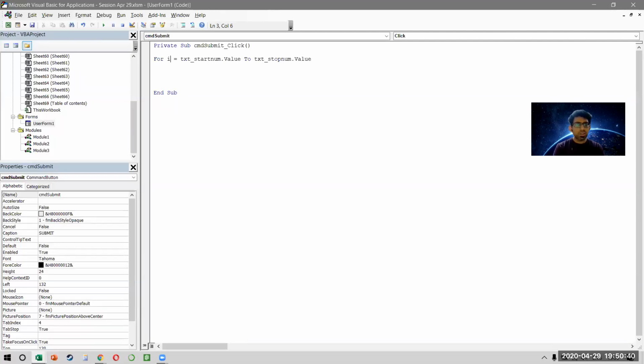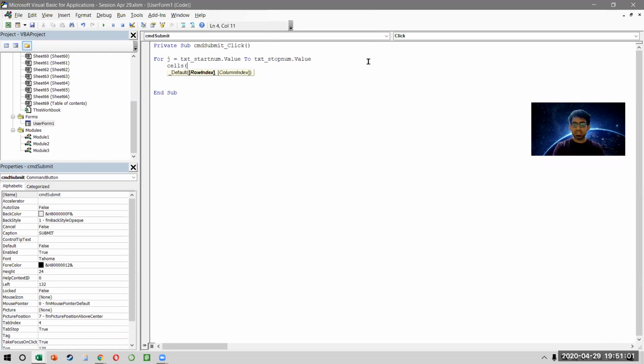Let me just make sure why I'm not able to put a small I. That's very peculiar. I don't have any idea why I can't do a small I. Anyway, it doesn't matter. Let me put it as J. So we say for J is equal to start num to stop num.